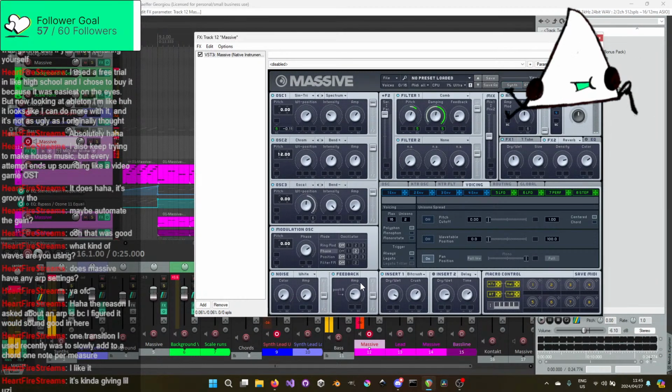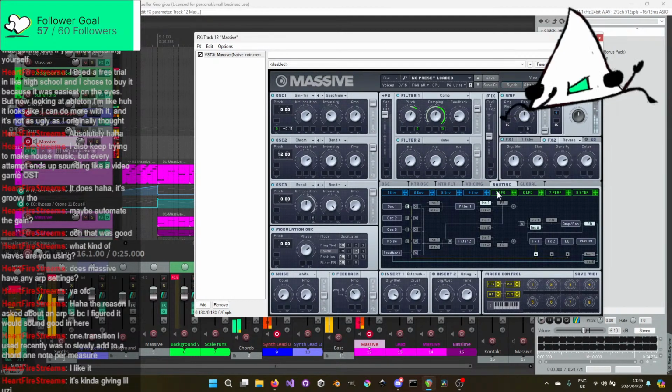What happens if I up the... Let's check the routing. Where's the feedback going right now? Nothing's happening with filter 1. Wait, that's insert 1, not filter... yes, correct.